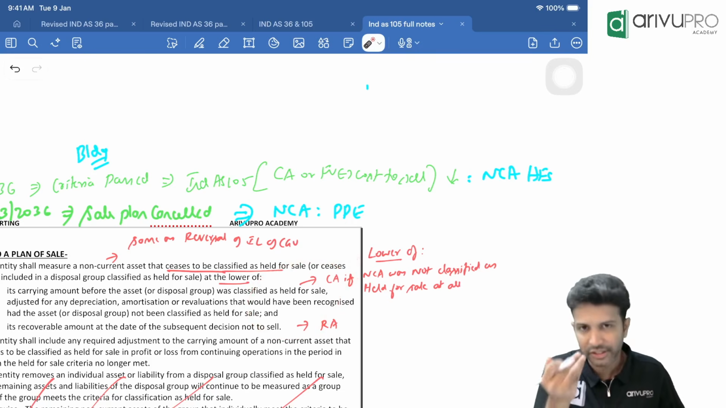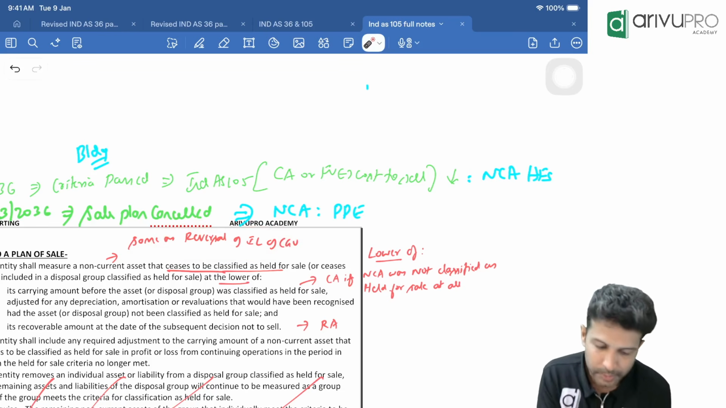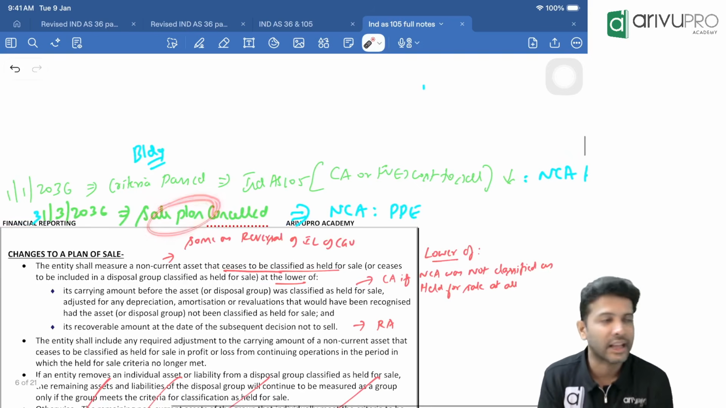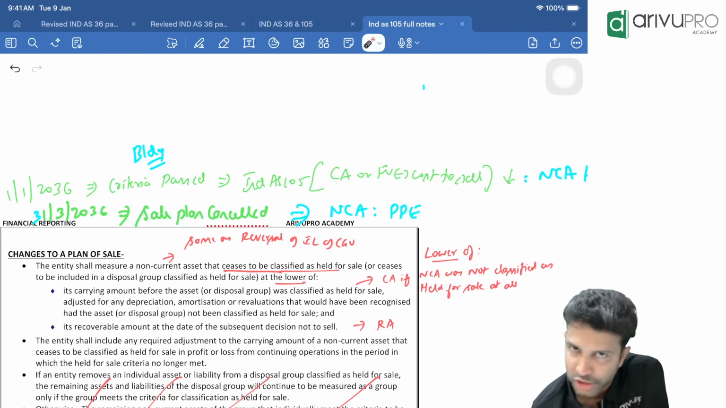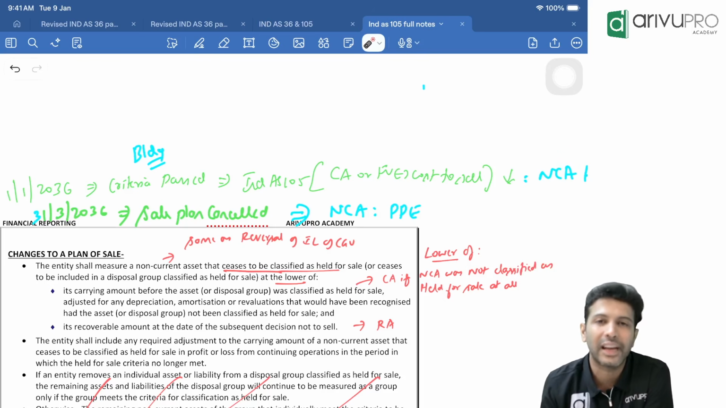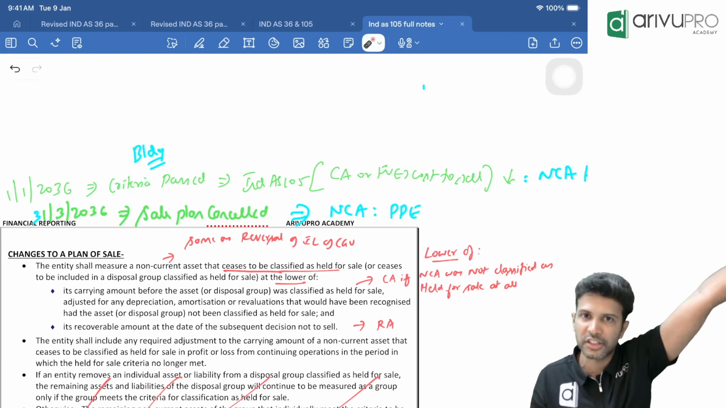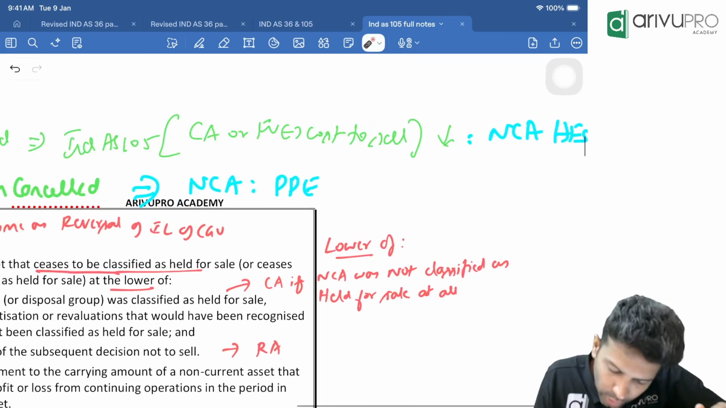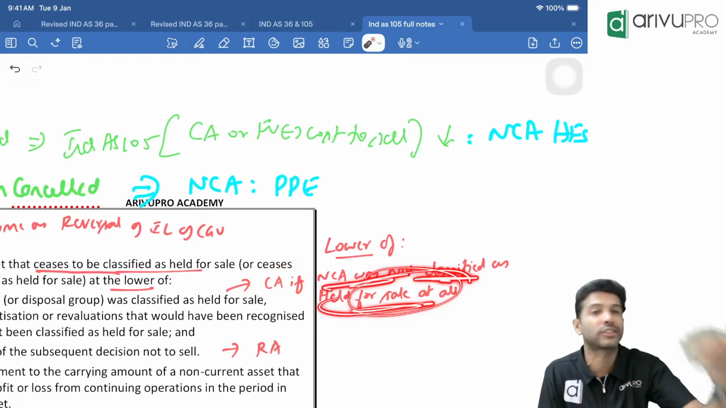It's like that. Just for remembrance's sake, I wrote this. Measurement principle: when this sale plan gets cancelled, the measurement principle is the same as impairment loss reversal of a CGU. Meaning, you need to find out two things, carrying amount and recoverable amount. What carrying amount? There you wrote, if impairment loss was not accounted at all in the first place. Here you will write, find out the carrying amount if this non-current asset was not classified as held for sale